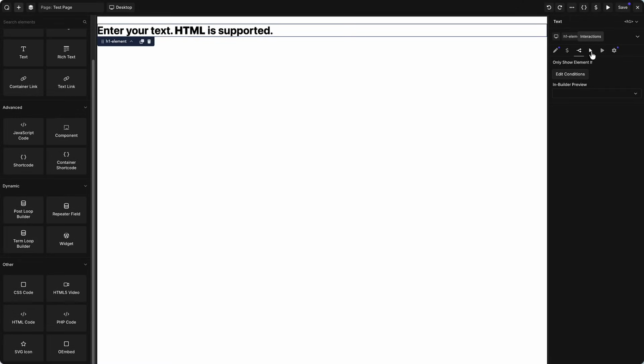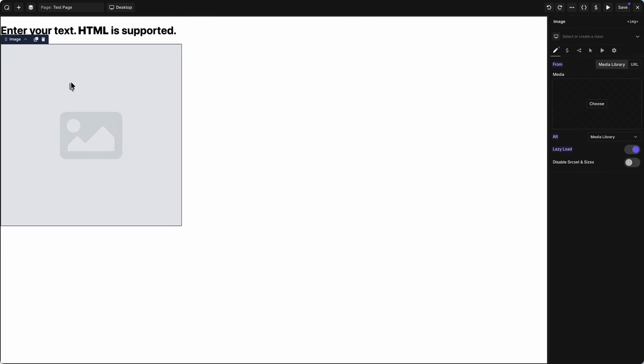You have interactions, animations, and settings or attributes. Notice how the styling and layout options aren't showing, and then when I click and select the class, they show. Now, if we add, say, an image, I just want to show you here that if you come over here right after you've added it,